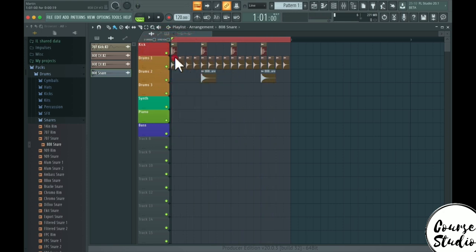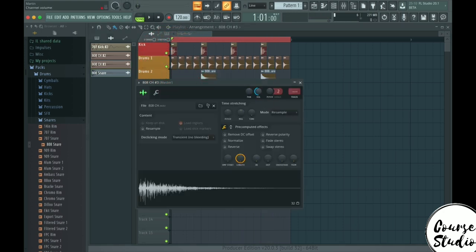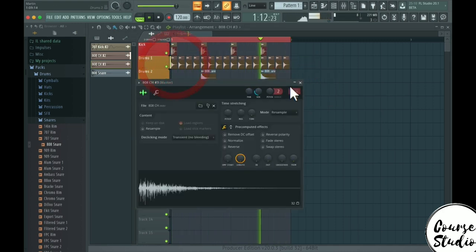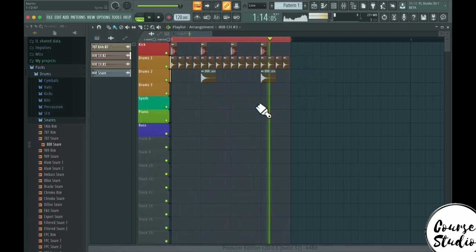Let's do the same thing with the hi-hat. So now we have our very basic